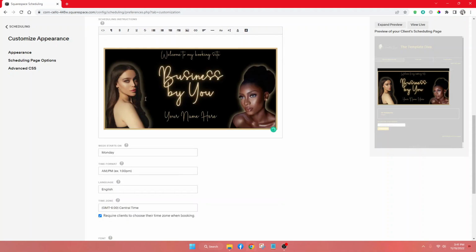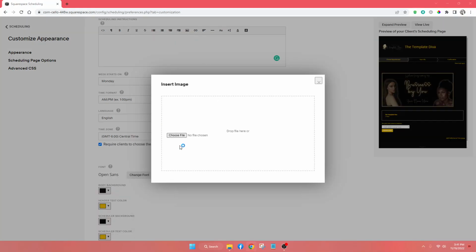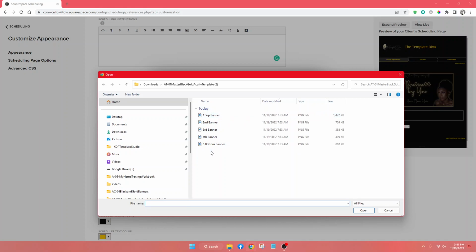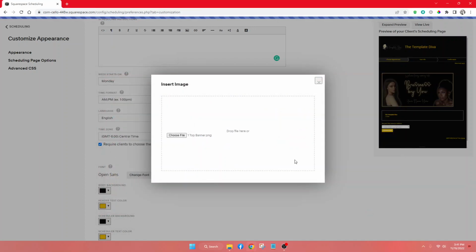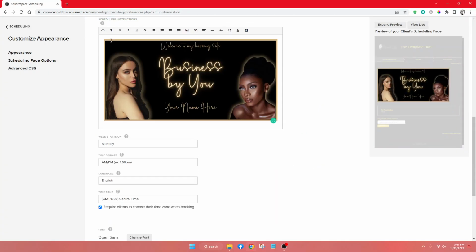So what I found out was, if you're going to load it in 1, 2, 3, 4, 5, go in here, choose your file, whether it's the top one or the bottom one, choose that. If you're going to choose a top banner, I'm going to tell you now, let me get rid of this extra space up here. Make sure that you click over here. If you're going to click in here, make sure that this is blinking over here on the right side. It's as simple as that.